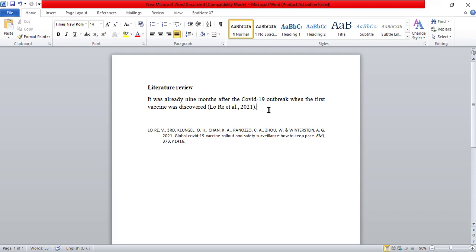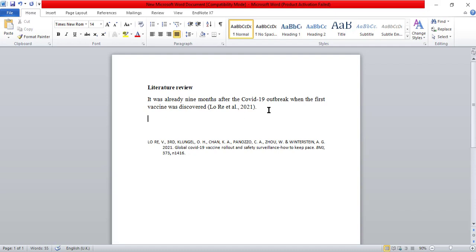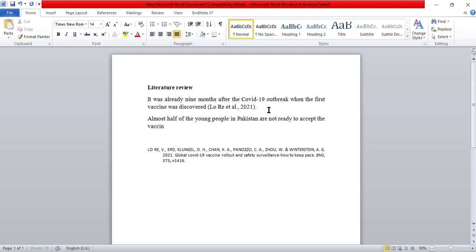For example, I will write a second sentence. Let us suppose I copied a second sentence from another article. The second sentence is almost half of the young people in Pakistan are not ready to accept the vaccine previously.